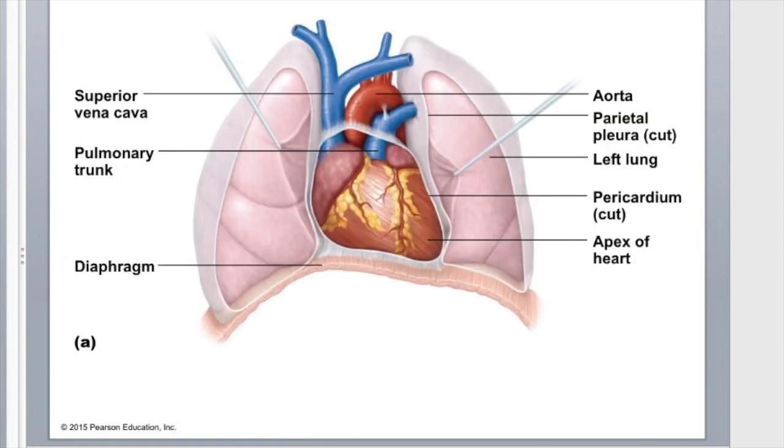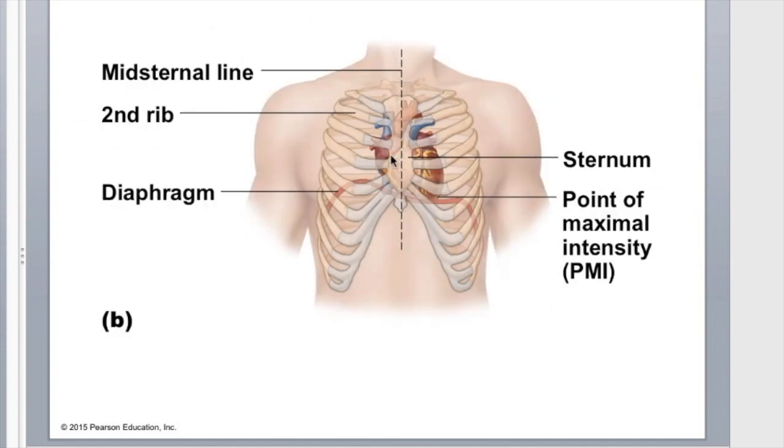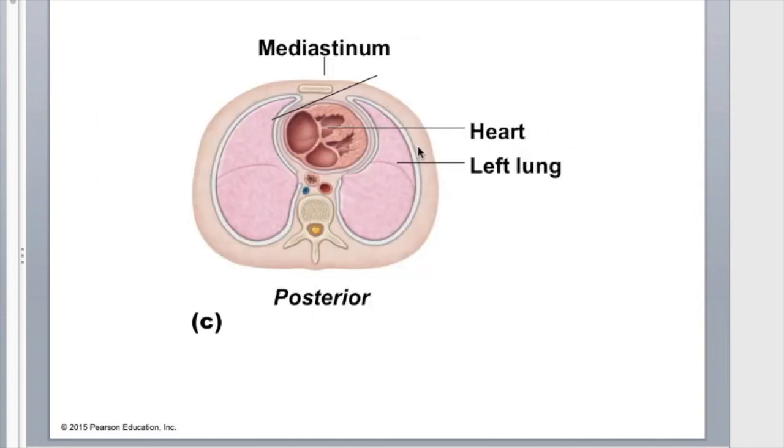So if you look at it, your lungs are right here. This is where your heart is, the apex is on the bottom, and the base is at the top. The base essentially is where all of your large veins and arteries attach to the heart. Here's another image of it behind the sternum. Here's a cross